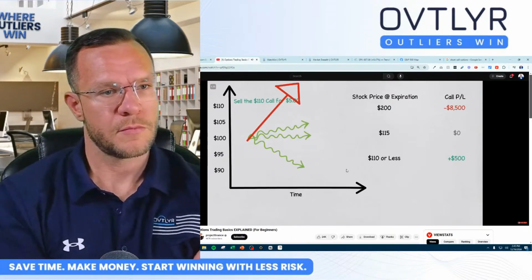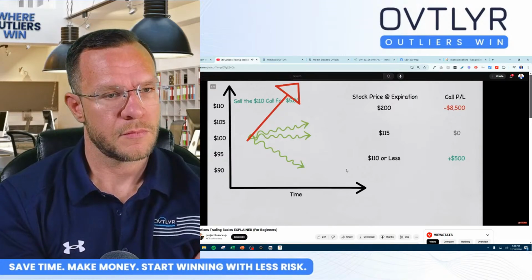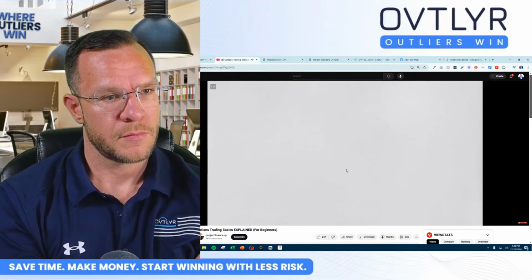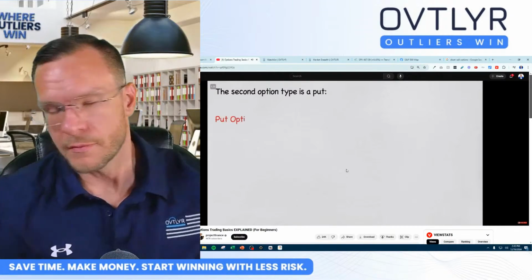Now, of course, if you sell an option for $5 and it expires worthless, then your profit will be $5 per option contract, which in actual profit terms is $500 because of that $100 contract multiplier that we talked about earlier. So now that we've talked extensively about call options, it's time to get into the second option type, which